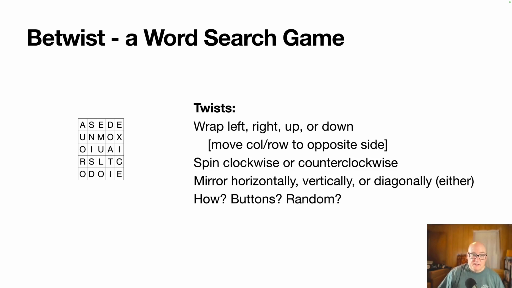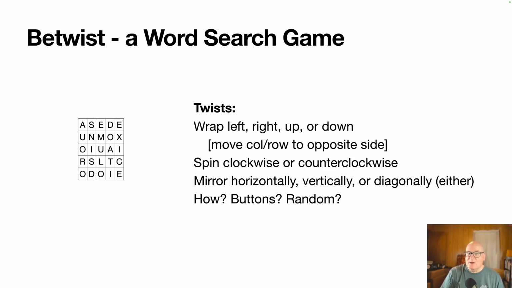And so if I look in the bottom right corner, there's CITE. All right, cite, like citing a book in a bibliography. But if I take E and I wrap the ODOIE row up to the top, you'll see D is its neighbor. So I can get CITED, cited. All right. And so I'm not sure how I want to interpret